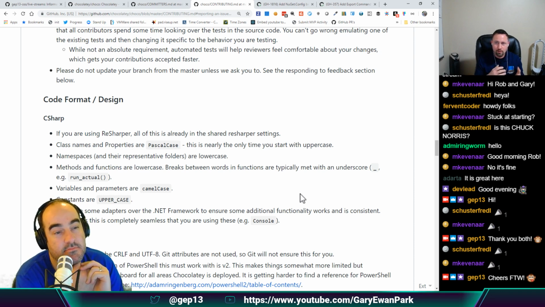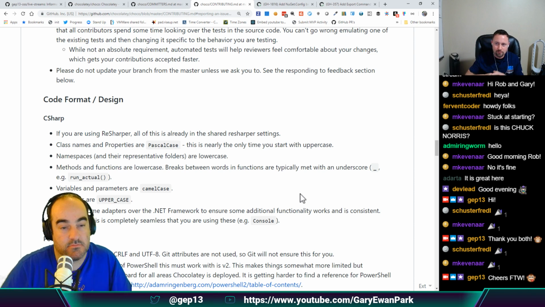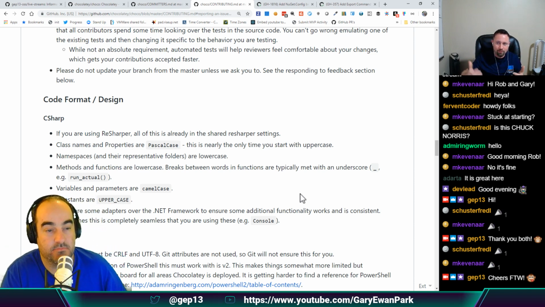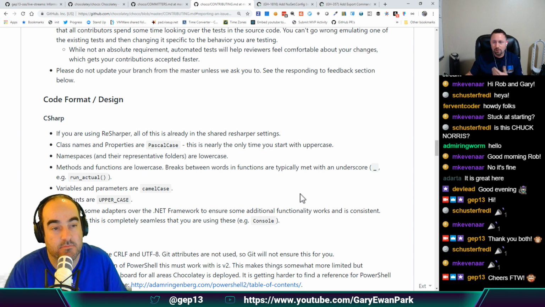So you do want to pay attention to that coding format there, and just as we like to say, when you come into somebody else's code, you're kind of coming to their house. You wouldn't make a mess or rearrange their kitchen. So when you come into the Choco code base and you're trying to do some things, think about the way that format is and try to follow that format because that's going to give you the most success when you're in there. And so we also bring you into how do I test, how do I debug this stuff,